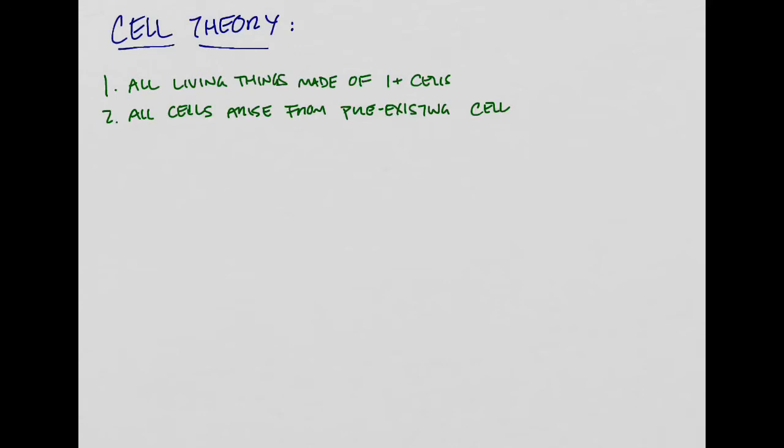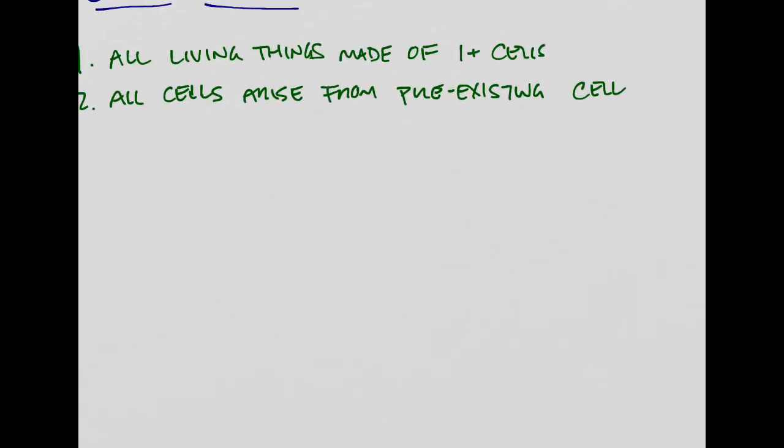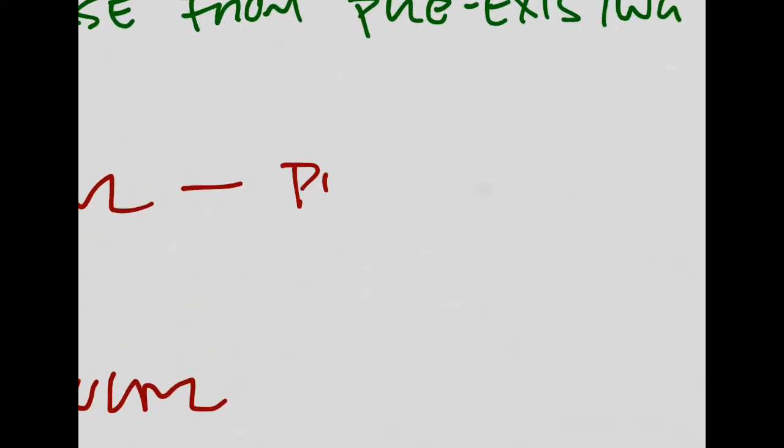So the cell is the fundamental unit of life. And that's an important thing because they are incredibly varied. And we can think of organisms either existing as unicellular. We can think of them also as existing as colonial species. And then we have multicellular organisms. Okay? And when we're talking about unicellular, that includes some things that we find in,